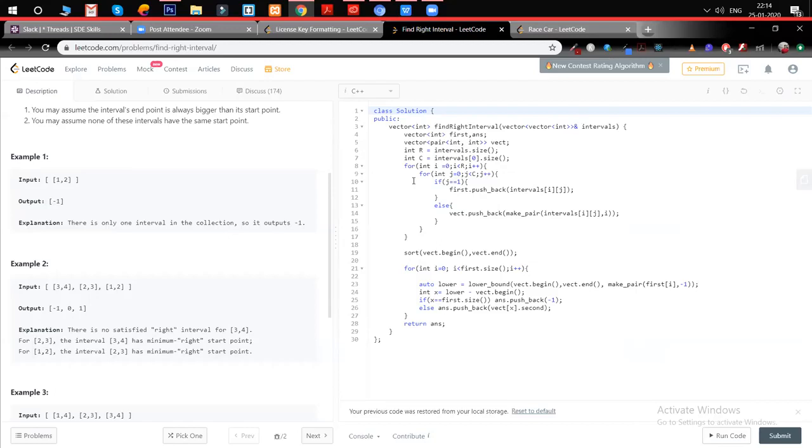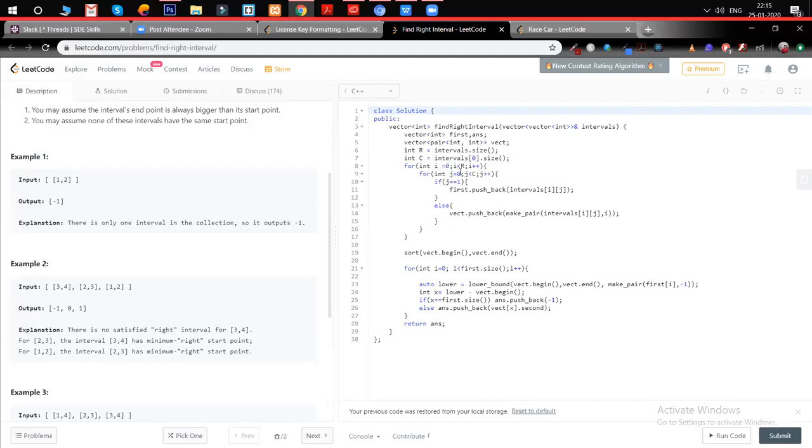I guess not. We just have to see the last value. Correct. We have to just see the last and the first value. So we can create two different vectors, or two different arrays, and then maybe we can sort just the first one. Sure. Okay, yeah, never mind, sorry about that.